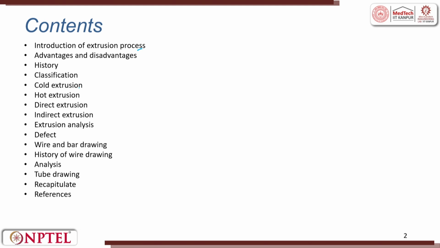As we saw in the basics of metal forming, cold working, warm working and hot working, here you also have cold extrusion, hot extrusion. Then as I told you, you have forward extrusion and reverse or backward extrusion. The other analogy which is given is direct extrusion, indirect extrusion. Moment there is a metal, you are immediately going to think about what should be the force I apply. So, we will try to see some amount of extrusion analysis and finally, the defects.